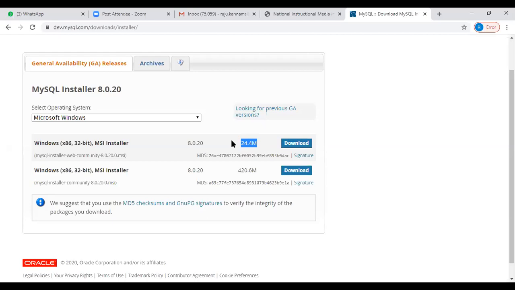And if you want to install on another computer, again it will connect to the site, again download and install. But if you have this setup file already on your computer, you can copy it to another computer and install. So whichever is comfortable to you, you can download and install. My advice is to download this installer setup file and install on your computer, right? So if you click on download,